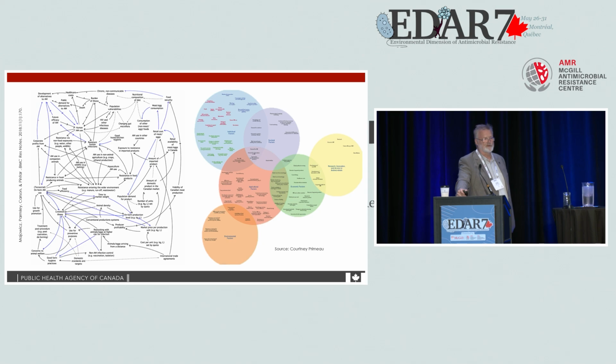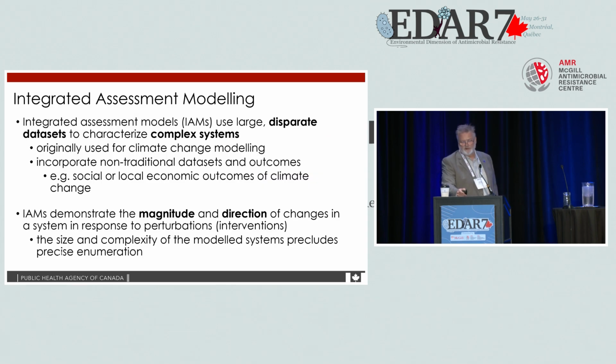using a complex adaptive systems approach. I'm not showing it here to go through the details, but just to underline the complexity, and probably a number of you have the same kind of diagrams that emphasize that. So the idea with integrated assessment modeling is that it's supposed to be able to address that kind of complexity, to incorporate data from disparate data systems.